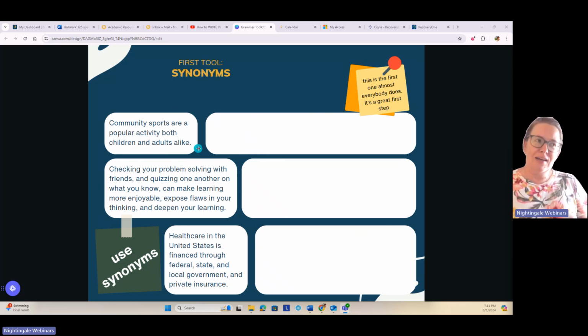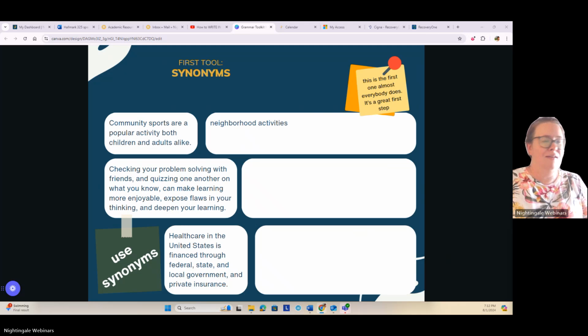So we're looking at it and we're thinking, okay, what other words do I know? We are going to look for synonyms. Okay, so community. Maybe I know the word neighborhood. Sports, activities. We're going to skip over the middle word, popular. Favorite.